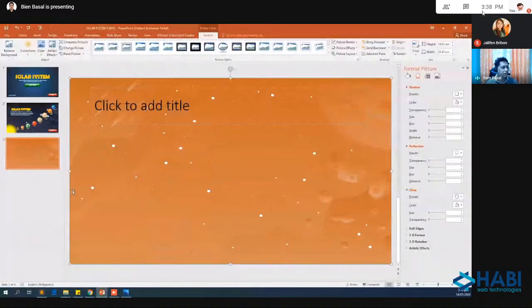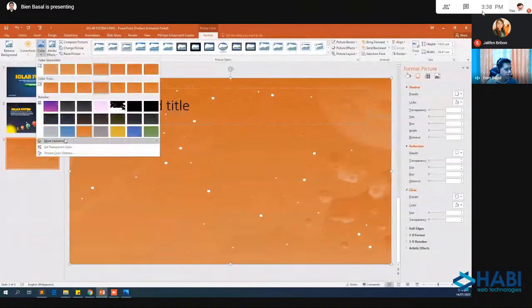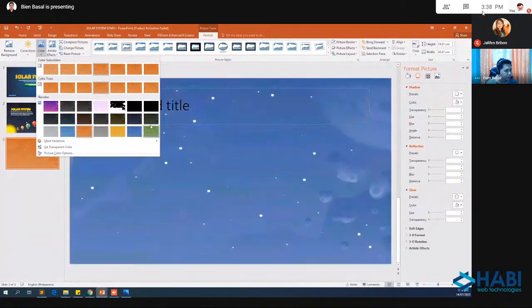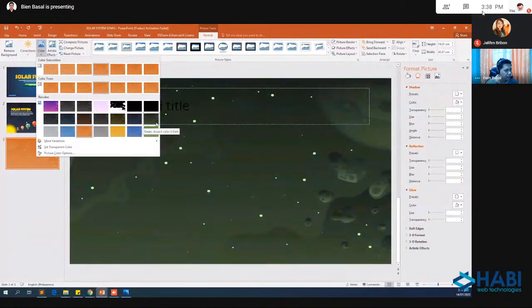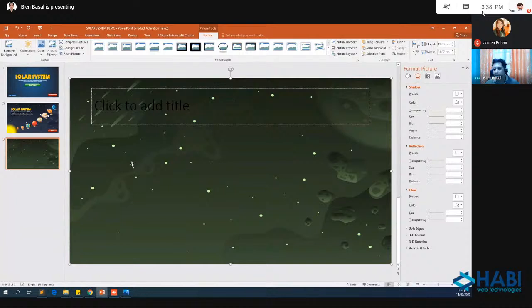Kung okay siya. If not, let's select a different one. Ito, let's say green na lang. Okay, green. I'm using brown earlier. Okay, this one. Parang green na lang.